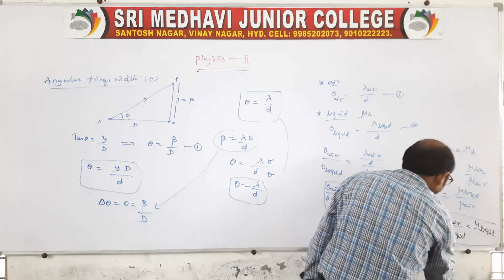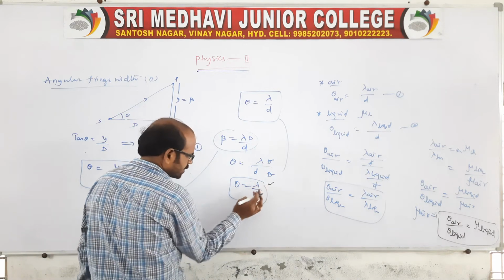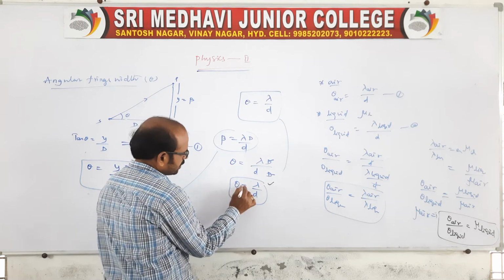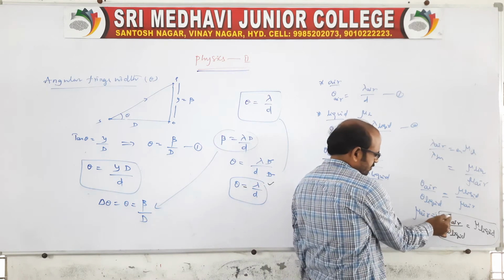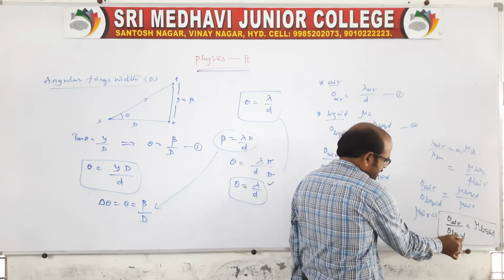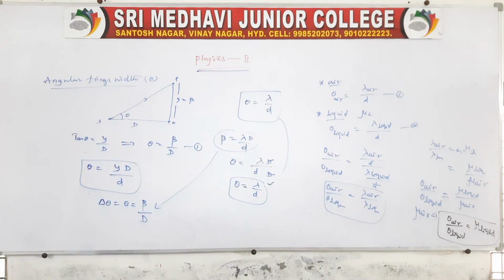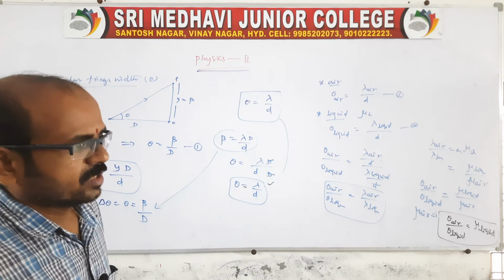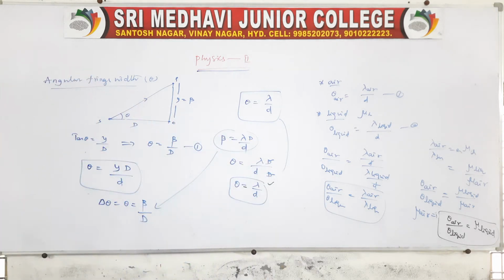This is related to the angular fringe width. Angular fringe width is theta equal to lambda by small d. Therefore, the angular fringe width in air by the angular fringe width in liquid is equal to mu liquid. So these are the applications related to Young's double slit experiment. Angular fringe width is one experiment, and we already finished another one in the field of view.